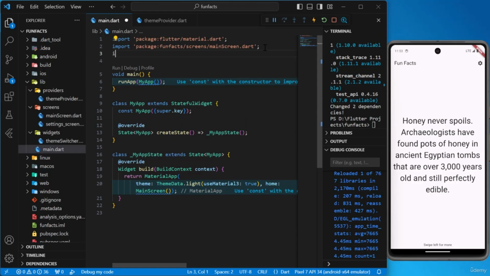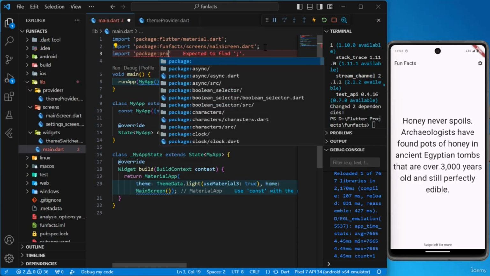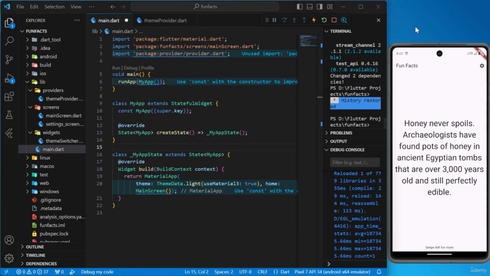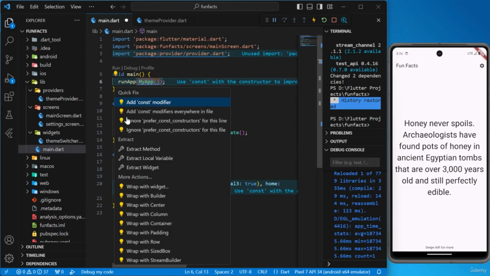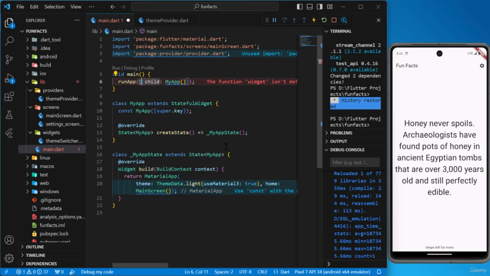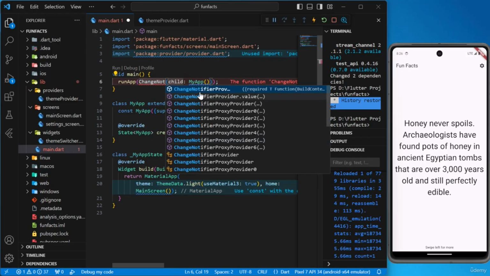For that, we need a provider package. So let's import package:provider/provider.dart. Now to keep this ThemeProvider at the top level, we need to wrap MyApp, which is our main widget, with a special widget called ChangeNotifierProvider. So wrap MyApp with a widget, and this widget is ChangeNotifierProvider. Alright,